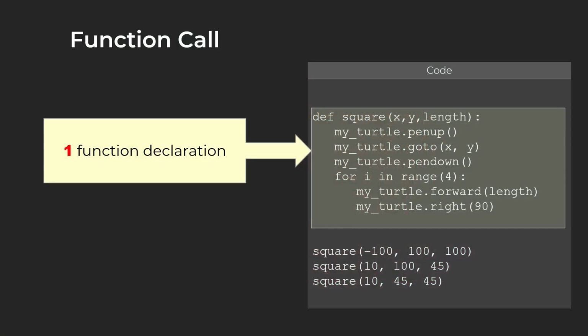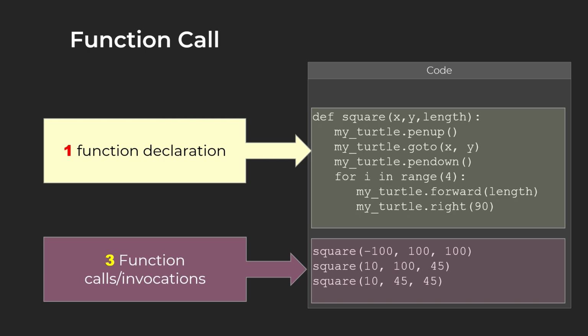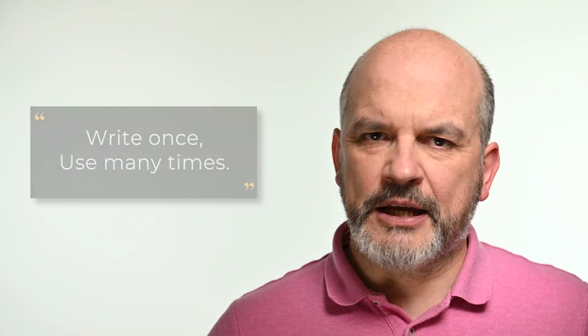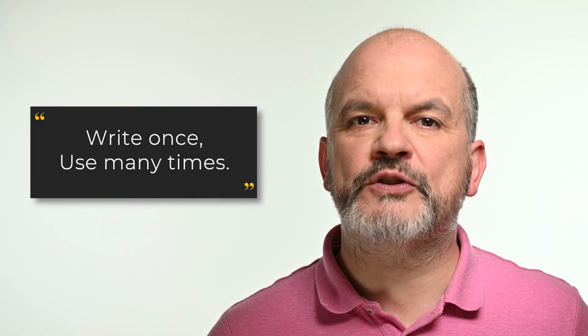Comparing this code to the initial implementation, the benefits are clear. We declare what the function needs to do only once, and then we call it as many times as required. In our case, 3 times. In addition, if we find a bug in our function, we need to fix it in a single place, in the declaration of the function. The function calls remain unchanged. In short, write once, use many times. Furthermore, the function square we wrote for this program can be reused by another one just by importing the module containing the definition of the square function.